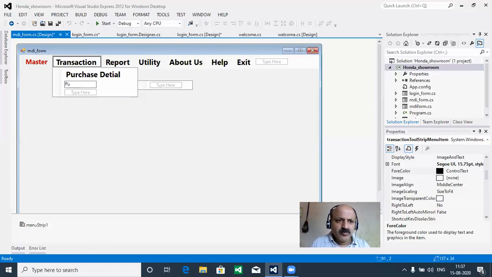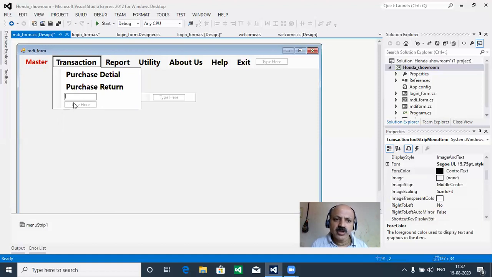Here, if there is a purchase policy, we can say purchase return. Okay, that is your requirement, and double click, and then sell. So sales details, we can say, or write the spelling S-E-L-L.